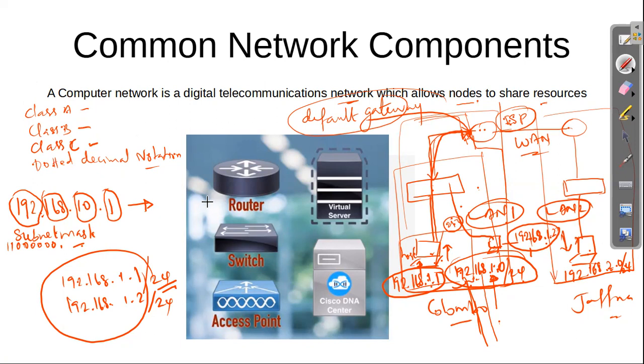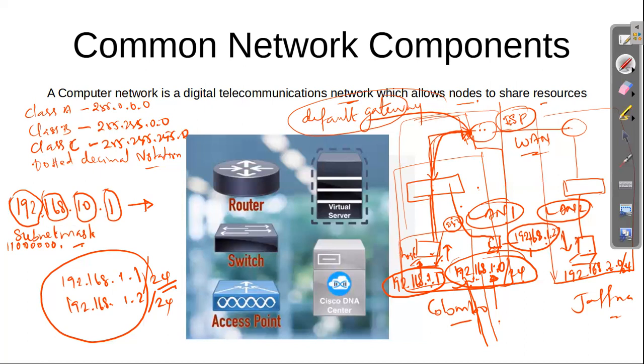For the time being, I want to explain a little bit. In class A, the default subnet mask is 255.0.0.0. In class B, 255.255.0.0. In class C, 255.255.255.0. These are the default subnet masks.